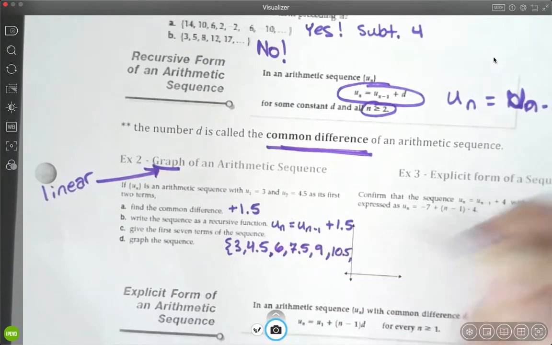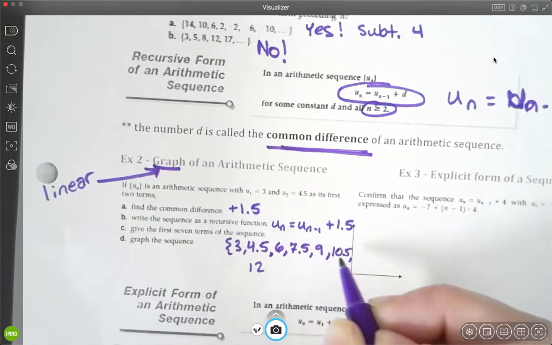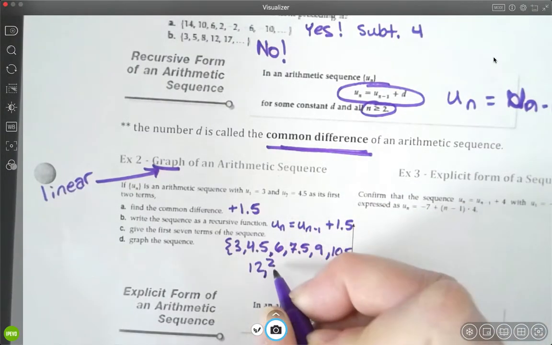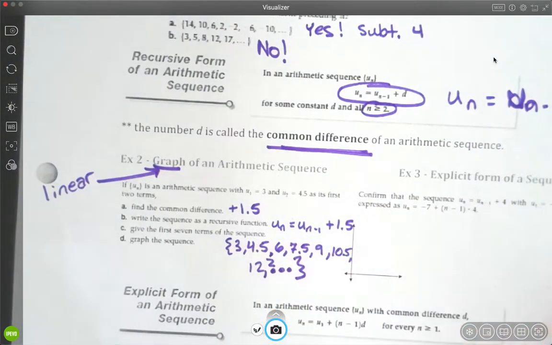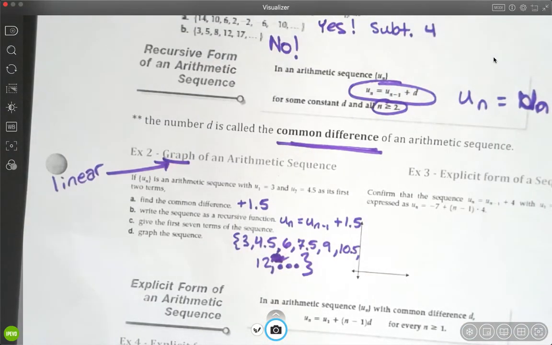10.5. We're running out of room. 12. Is that 7? 1, 2, 3, 4, 5, 6, 7. There you go. And I'm going to go ahead and do dot, dot, dot, because the sequence doesn't end there. I'm going to do dot, dot, dot because we only have to write the first 7, but don't close your bracket until after you put the dot, dot, dot because the sequence does go on forever